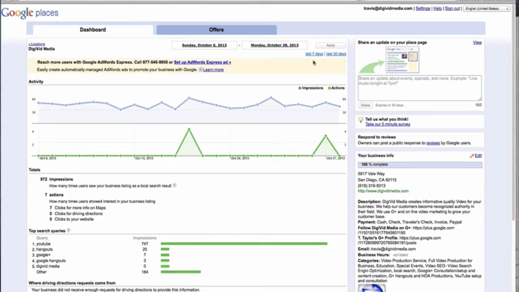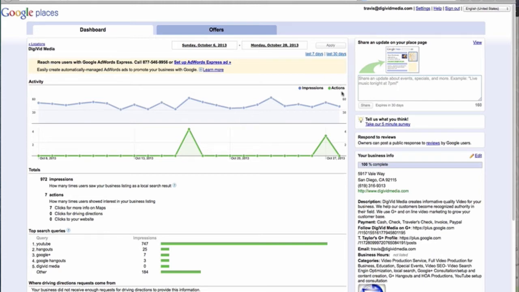Now, one thing also to remember is if you are having to deal with the old Places dashboard, as I am, you are going to have to make your content, your updates, and your information the same across the board. When dealing with Google Places and Google Plus, especially if you don't have a service where people come, or a business where people come to you, and you're not able to connect your Google Plus page, you have to make sure that you maintain the content on both these places, because what you do in one does not change in the other.